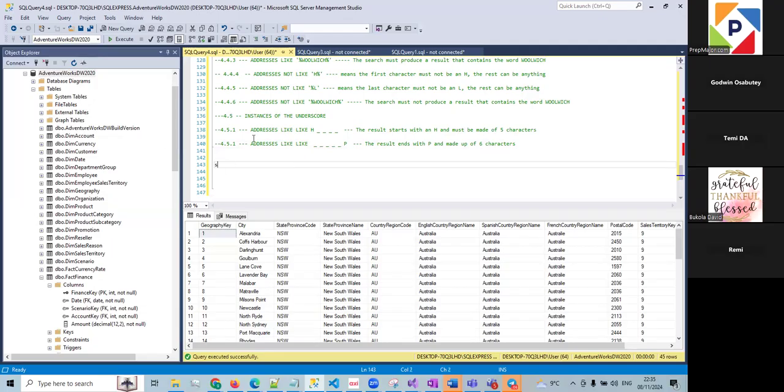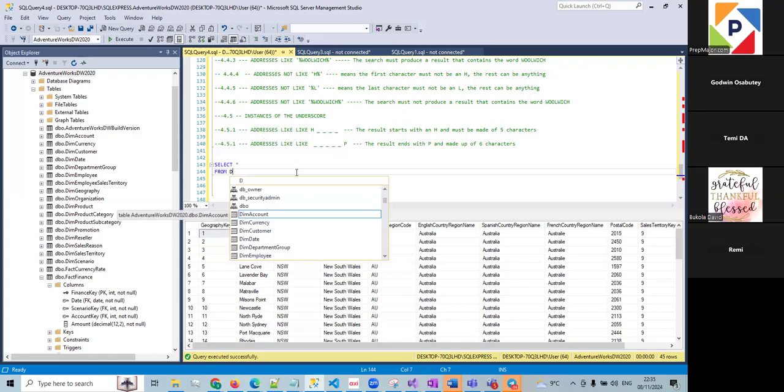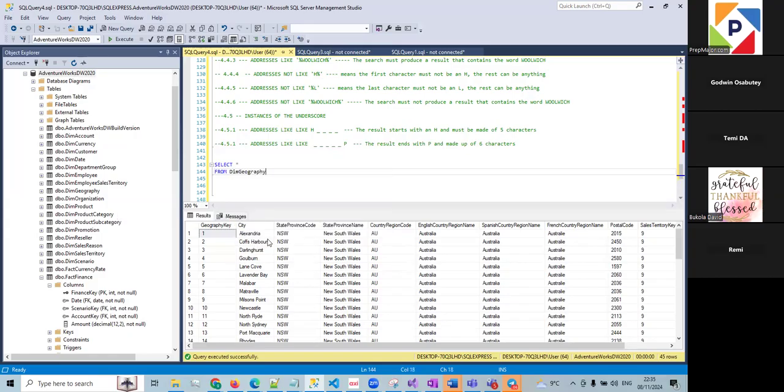Let's select all from, let's say, dim geography, where